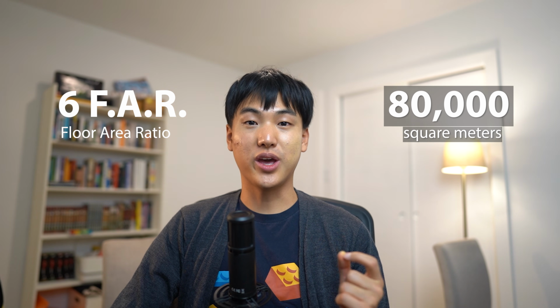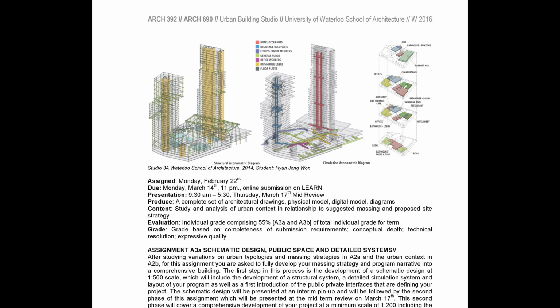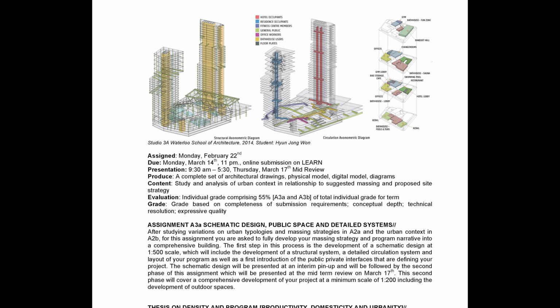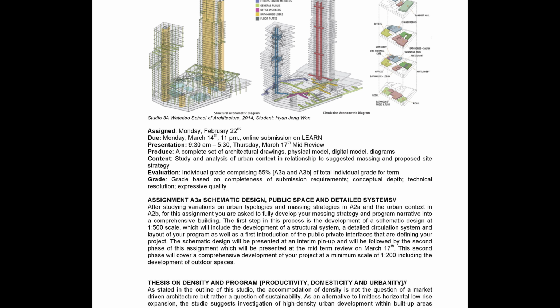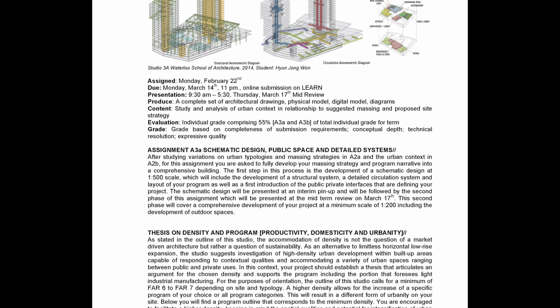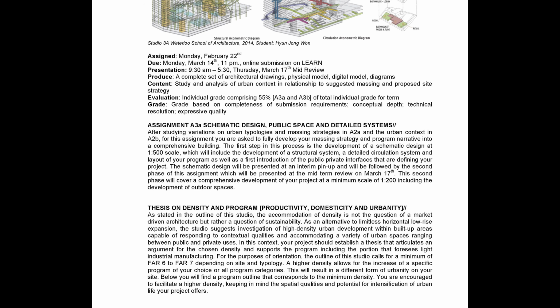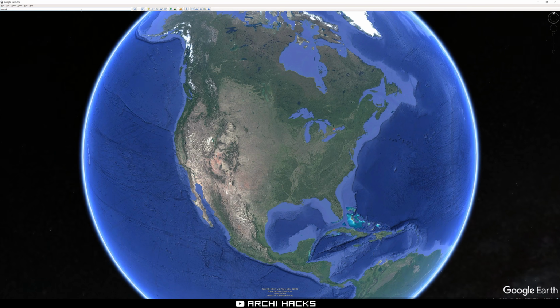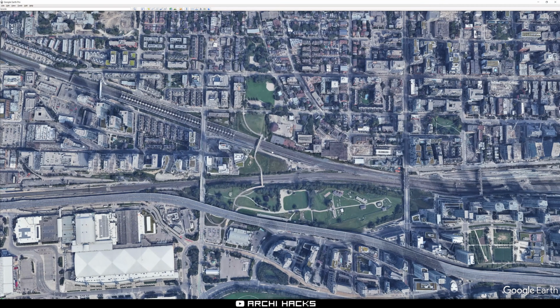The tricky thing about this project was that the building square footage requirement was massive. With 6 FAR on a huge site, the total buildable area was up to 80,000 square meters. The sheer scale of it became a challenge because we have never dealt with a project at this scale. Now, if you're having trouble wrapping your head around this massive area like I did, one thing I recommend is doing a program blocking. I will show you how I did this before and how I would do things differently